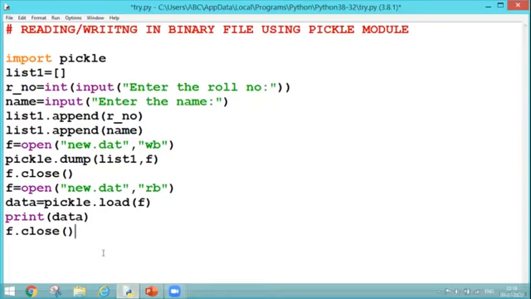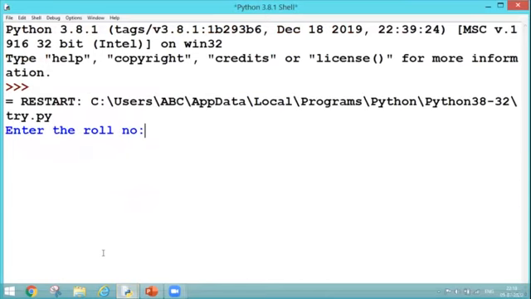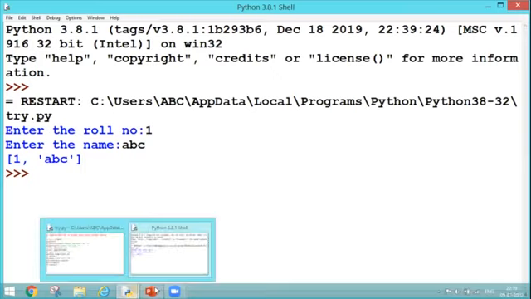So my program is completed, and in this program, what have I done? I have written the data into the file and I am reading it back from the file. So let's execute it. F5. As you can see that it is asking me to enter the roll number. So let's say roll number is 1, name is ABC, and here is my data. So once it was accepting the input, that was the part of my writing the data into the file. And once the result is displayed, this portion is done by reading of the file. So let's move on.